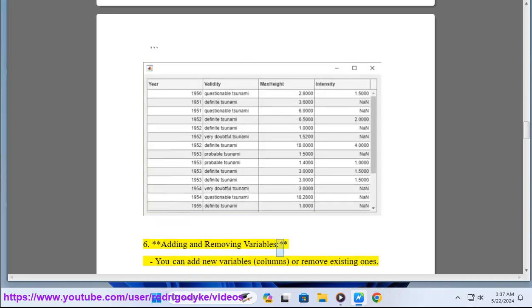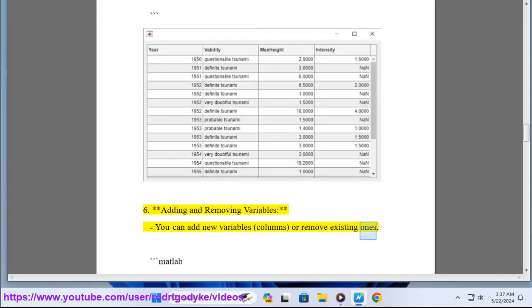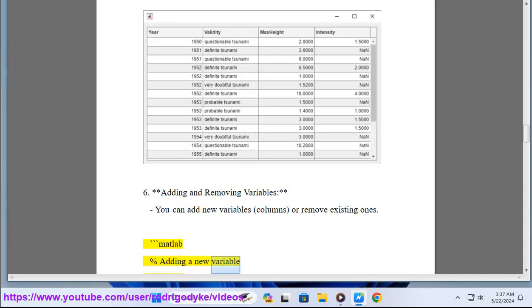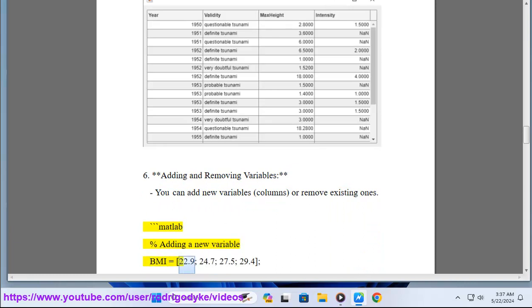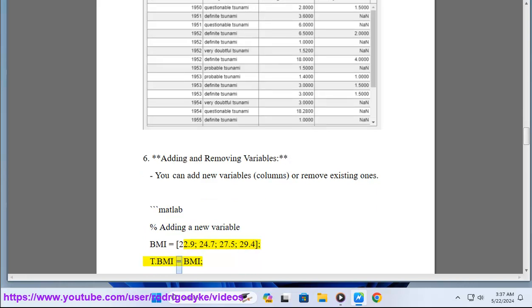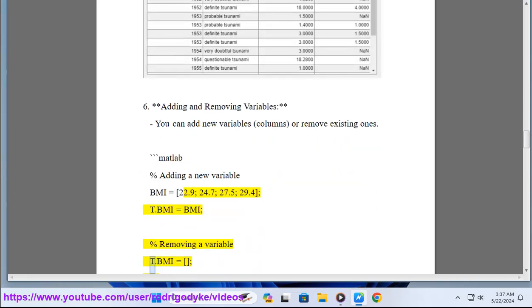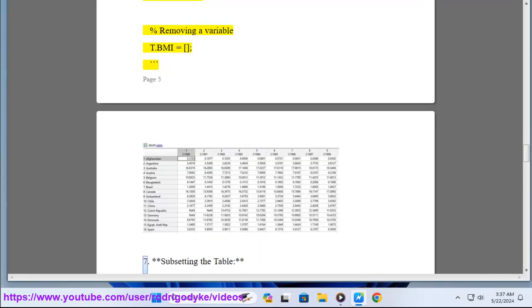6. Adding and removing variables. You can add new variables, columns, or remove existing ones. MATLAB, adding a new variable: BMI = [22.9, 24.7, 27.5, 29.4]; T.BMI = BMI. 7. Removing a variable: T.BMI = [];